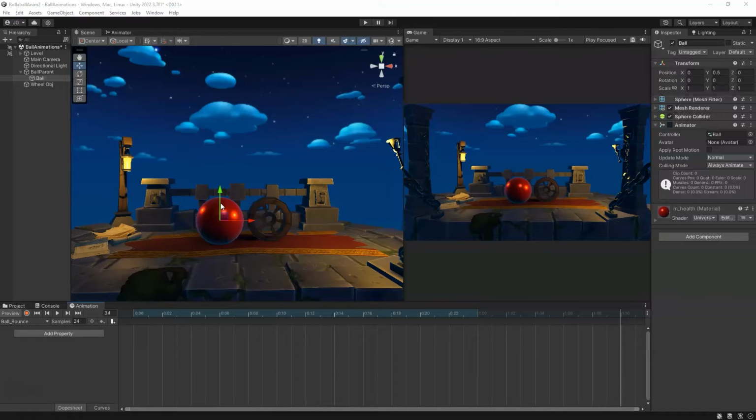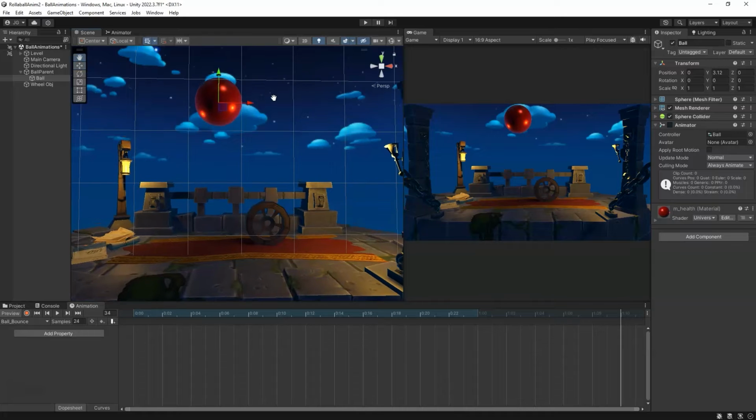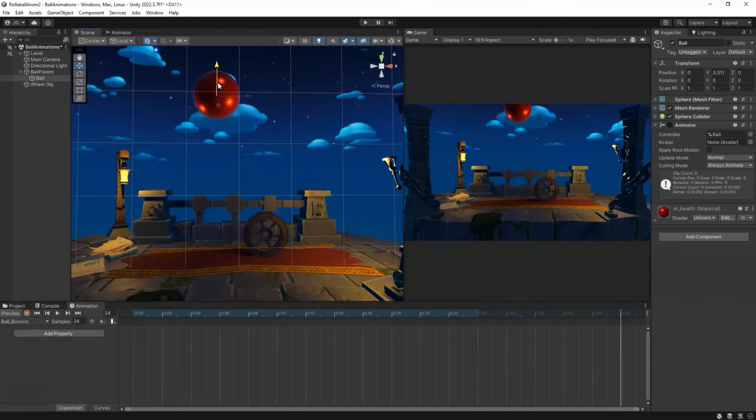Now what we want to do, we're going to start off with our ball up in the air. But how far up in the air? So I'm going to switch the grid on, and I currently am going to switch the grid from the Y to the Z here so we can see it. So my ball was almost about 1 frame, so maybe I just want to come up just a little bit more. I could always back my camera off too, but maybe just a little bit higher, something like that. I don't know. So we're going to start with our ball here